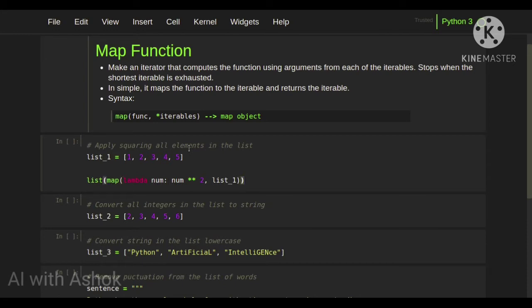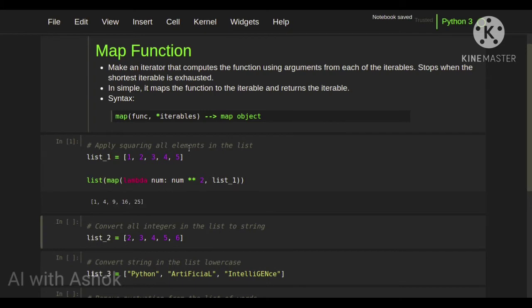This list will return 1 squared is 1, 2 squared is 4, 3 squared is 9, 4 squared is 16 and 5 squared is 25. Let's check this list. Yes, we are getting the right answer: 1 squared is 1, 2 squared is 4, 3 squared is 9, 4 squared is 16, and 5 squared is 25.